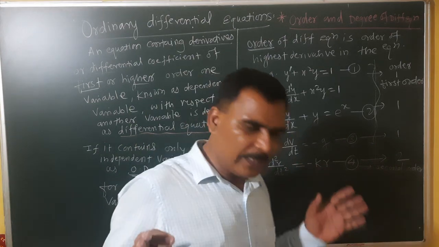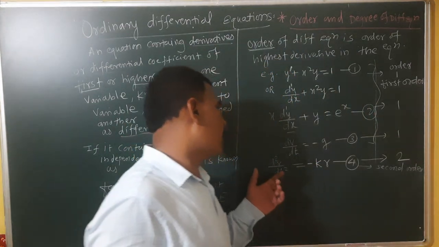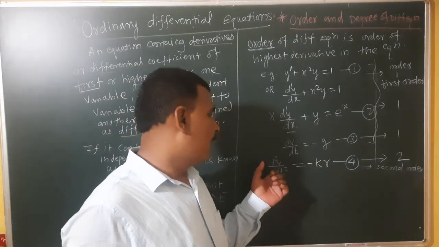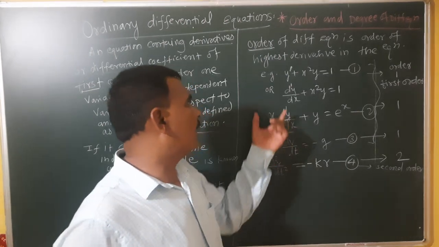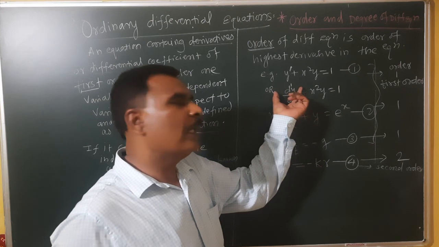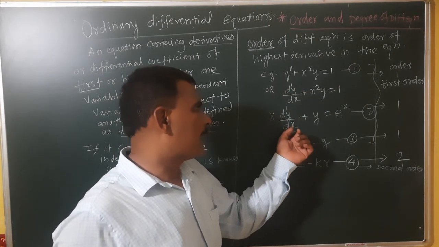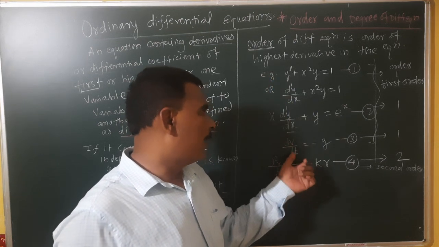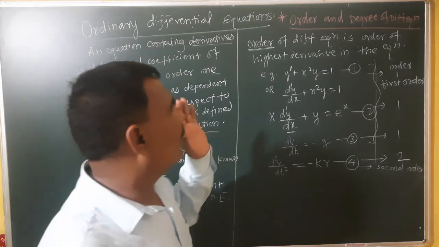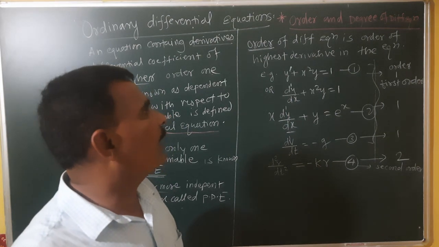Sometimes one of the equations is given and we have to find its order. A multiple choice question is asked on that. That is d square r upon dt square is equals to minus kr. Here it is a second order differential equation, and this is a first order one, since the highest derivative is dy by dx and its order is 1. Here x into dy by dx, its order is again 1. dv by dt, its order is again 1. So the order of a differential equation is the order of the highest derivative of the equation.